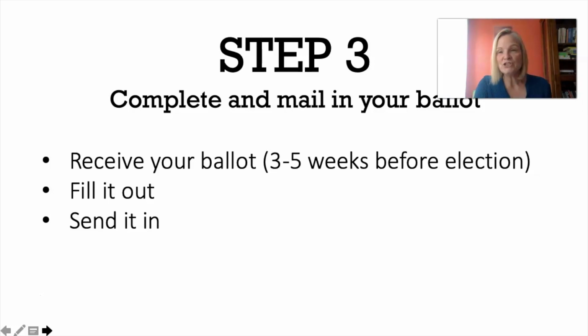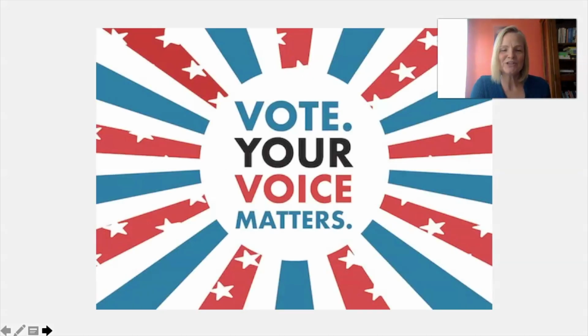If by any chance you don't receive your ballot, you can still show up to vote on election day and use a provisional ballot. Or if you don't have time to get your ballot back in by the 8 o'clock deadline on election day, you can take it with you to a polling place and drop it off there. Okay, so at that point, your vote has been recorded, you have voted, you are a good, responsible citizen, your